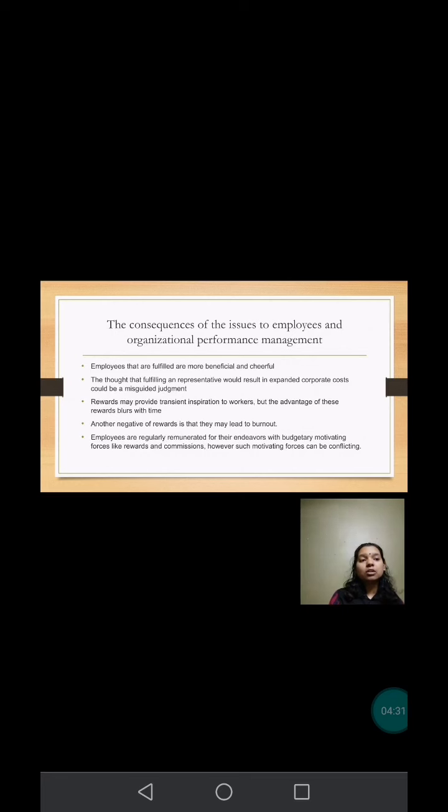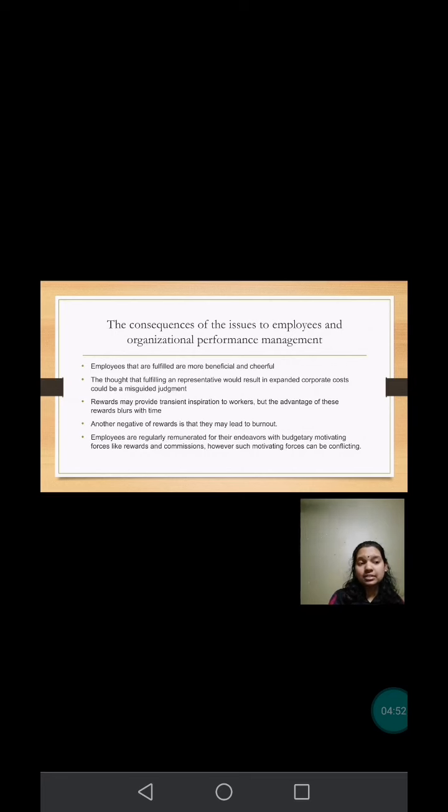Secondly, it would be the thought that satisfying employees would result in increased corporate costs is a misguided judgment. Non-monetary rewards save cash since they require little or no investment and are thus less costly than monetary rewards. Thirdly,